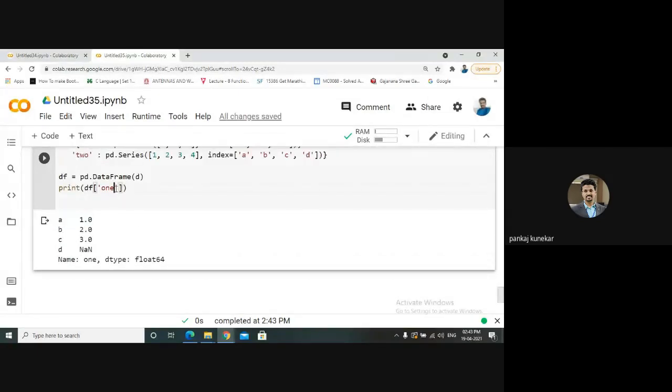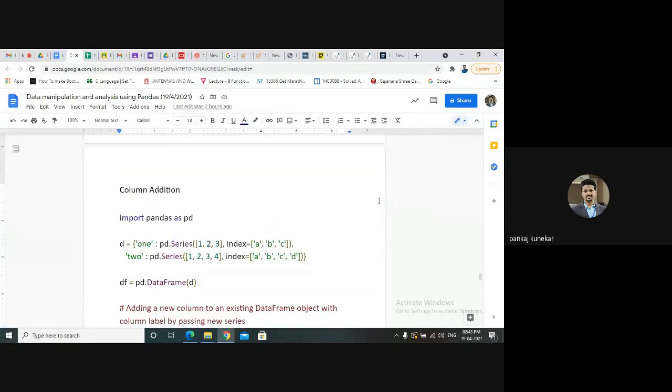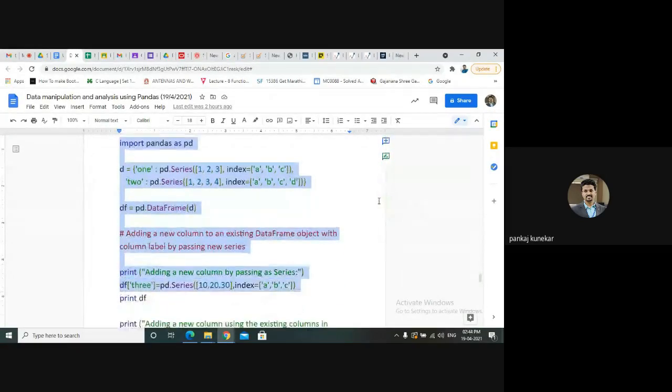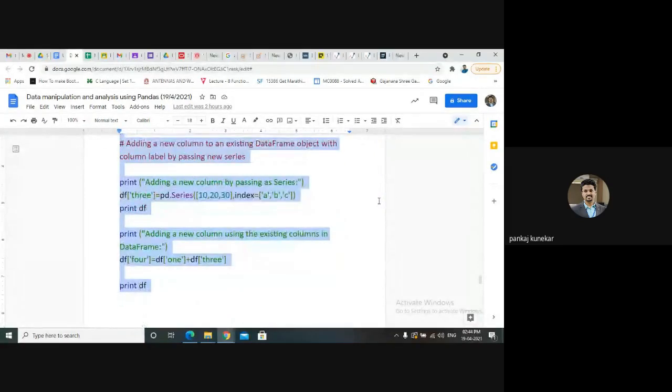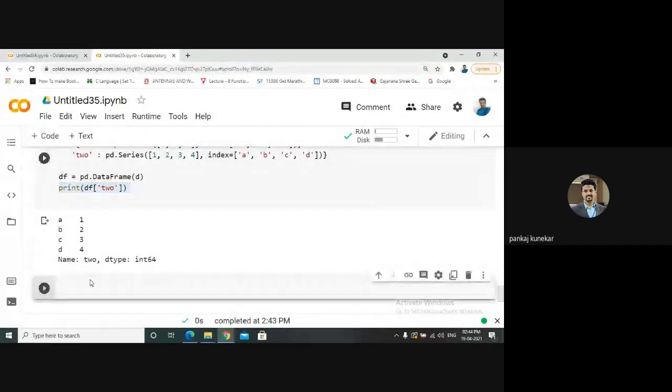Suppose we make changes over here, like 2. This is retrieval of your data from your data frame. df of 2, so 1, 2, 3, 4 will be retrieved using 2 from the data frame. So we can retrieve the data by specifying the column name. We can perform some operations as we have seen, like this. We need 2 data frames and we can perform direct addition.